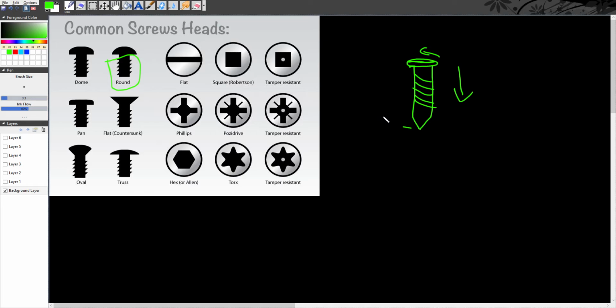So with that said, the first screw design was the flat screw, and the flat screw has got some certain advantages to it. One, the flat screw is cheap. That means it is easy to manufacture and it's also easy to implement. And the second thing